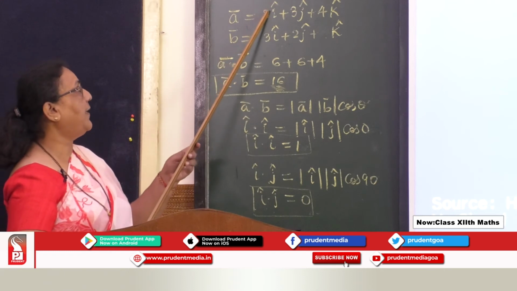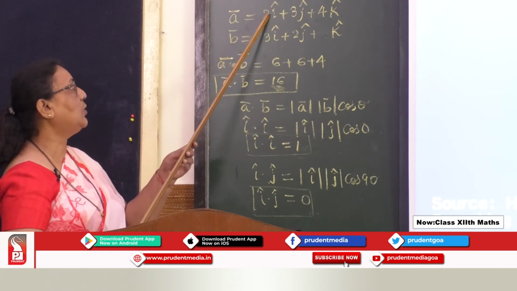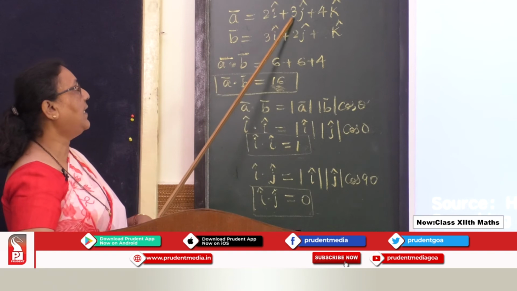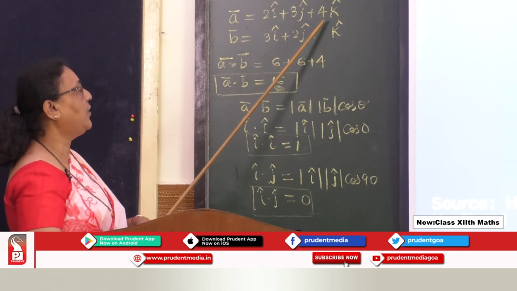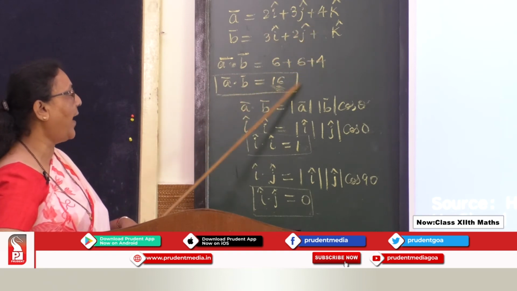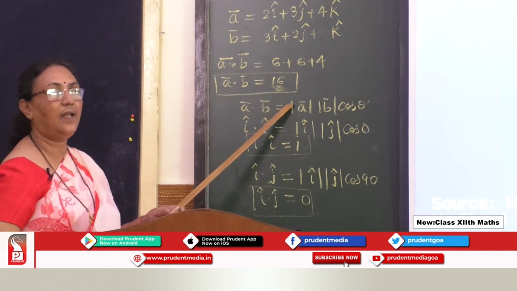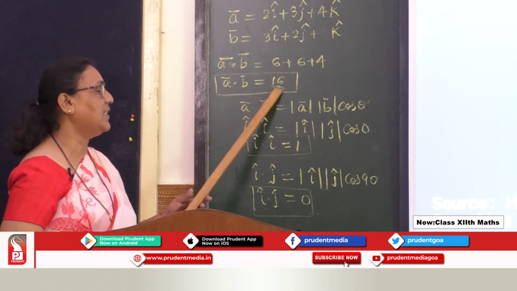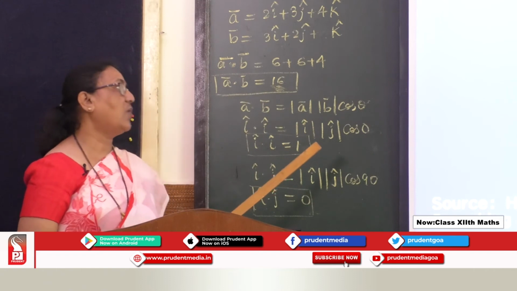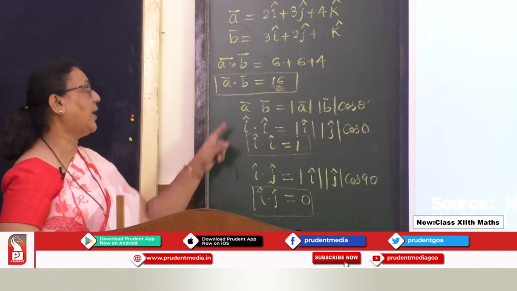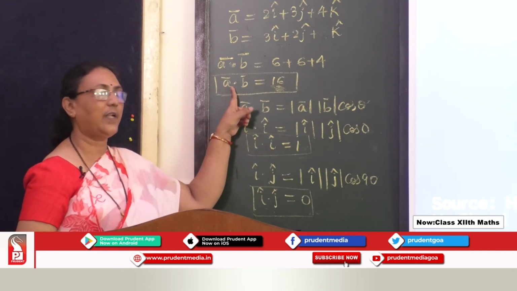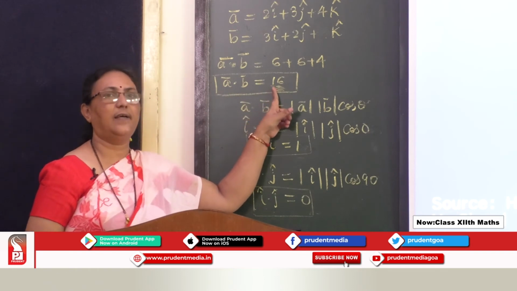You have to multiply 2 with 3, 2 3s are 6, then 3 2s are 6, and 4 into 1, that is 4, and you add this. You will get a single number here, a scalar number. That is why it is called the dot product, because this is a dot here, and because the answer is scalar, it is called